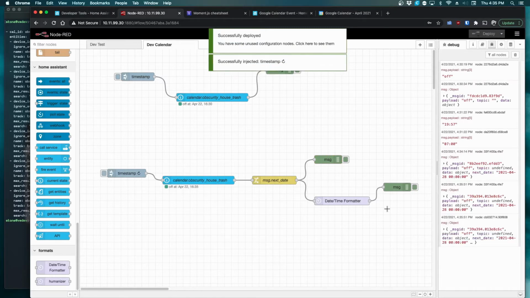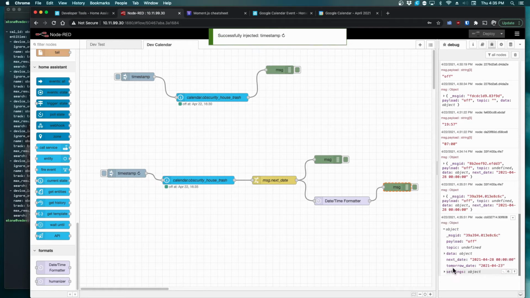All right, so now when I get it, I should have the next date is the 28th. Tomorrow's date is the 23rd, so it should not be true, right? It won't. So if you compare those two,